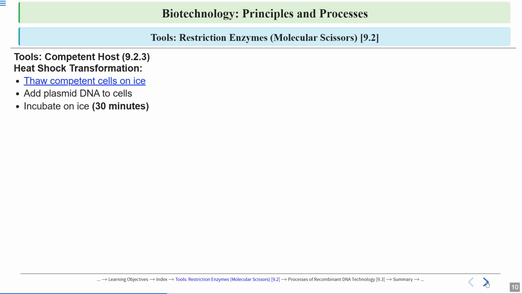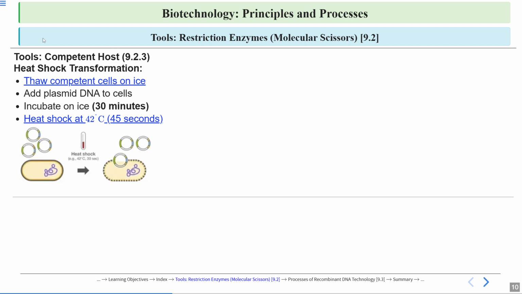Then again incubate on ice for 30 minutes, and then give it a heat shock at 42 degrees Celsius for 45 seconds. So when they are giving this heat shock, this is the time when the pores form. Here is the pictorial representation. So this is our cell. Okay. Now this is the plasmid, that is the recombinant DNA. Now, when we gave it heat shock at 42 degrees Celsius, you can see here, its cell membrane